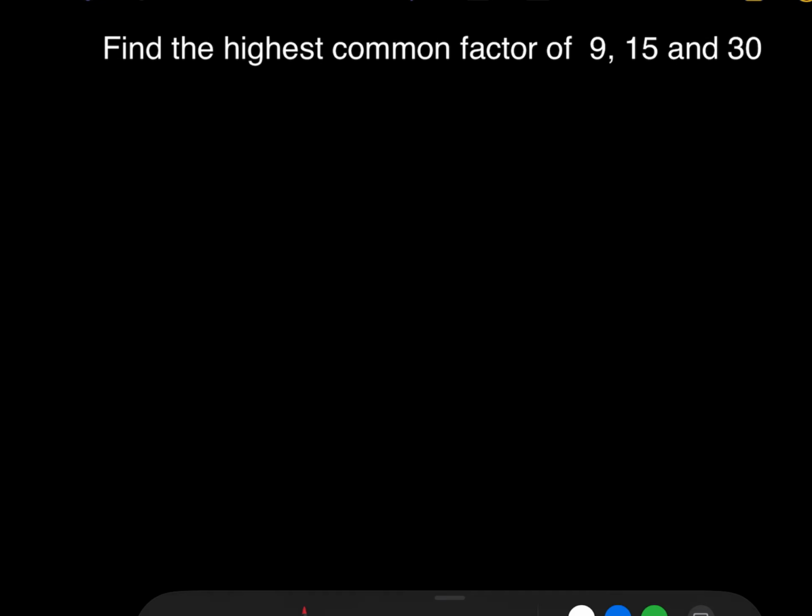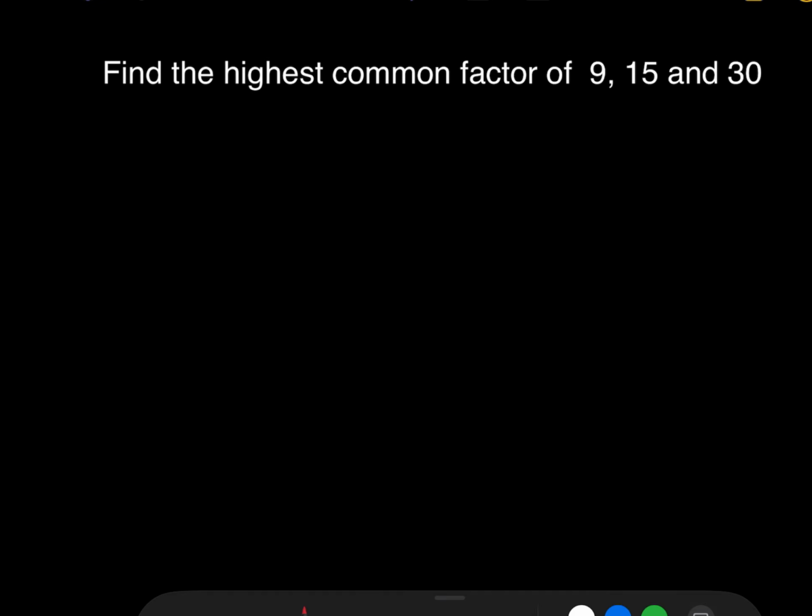Find the highest common factor of 9, 15, and 30. In this one, I'm going to show you a different way to find the common factor. The HCF, highest common factor, of 9, 15, and 30. I don't like to list down everything the way I did earlier because it's too time consuming. So I'm going to use the